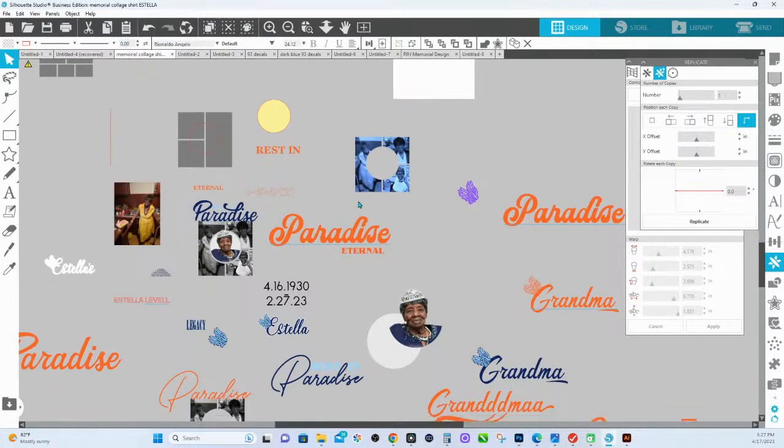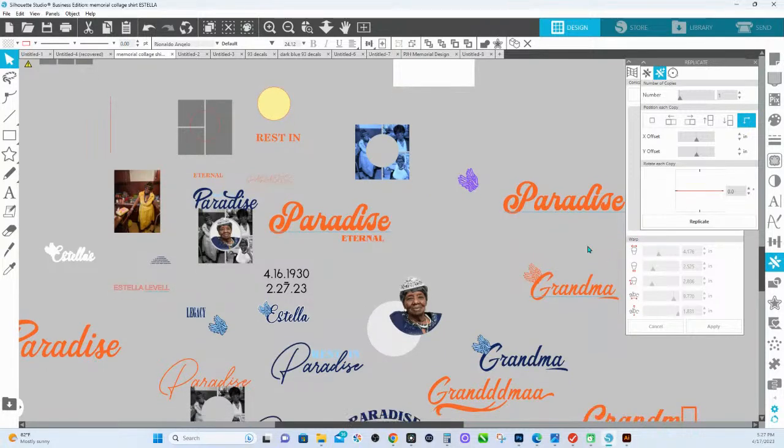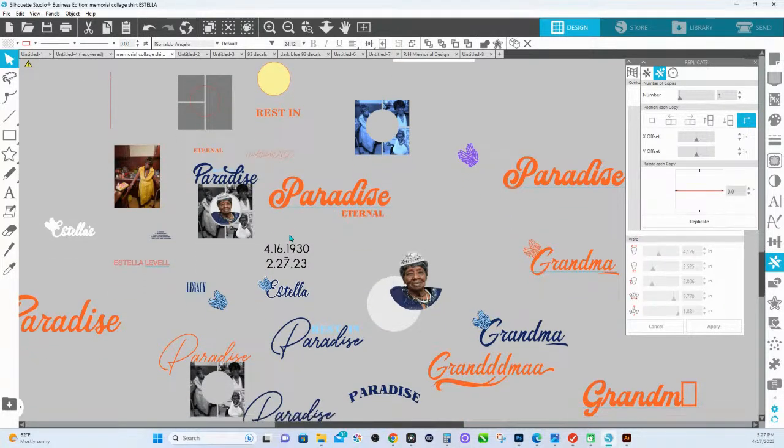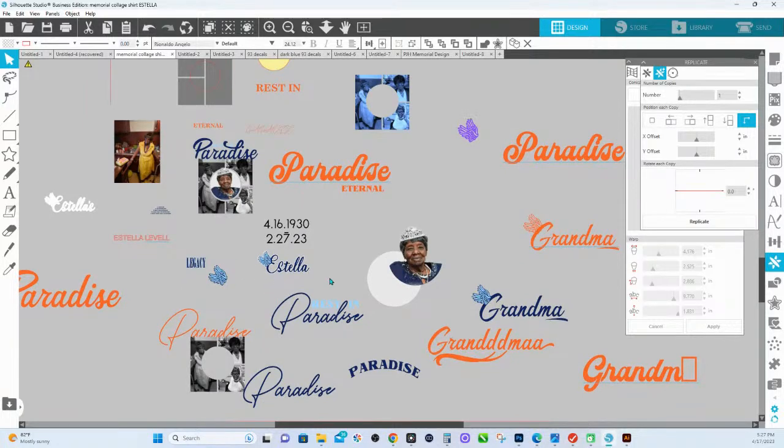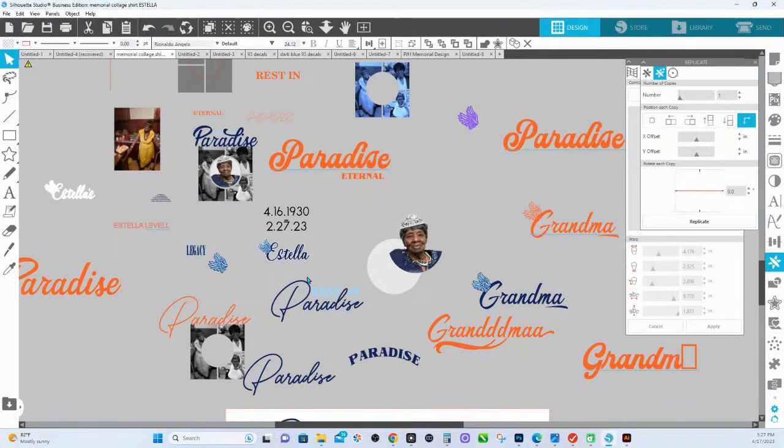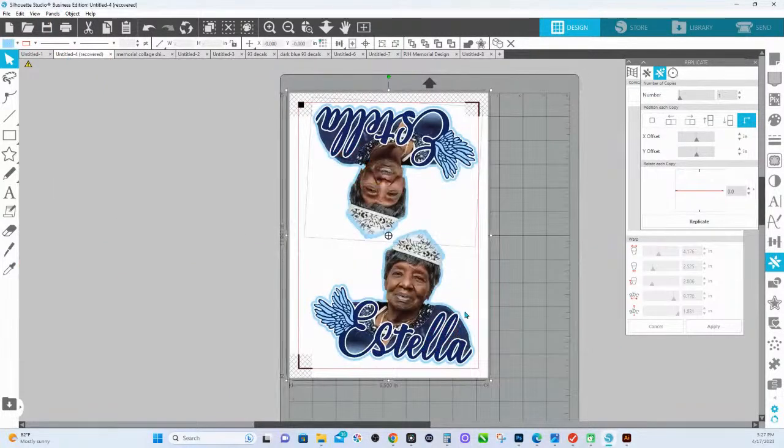As you can see, I go through a lot of fonts, a lot of different scenarios with how stuff is set up. Now, I created a lot of memorial things for when she passed, so I just brought her name over, and I thought I would use it in this design. I ended up not using it at all because it just used the word grandma, because that's what she really wanted, not the name. But I did use this, however, for her balloon